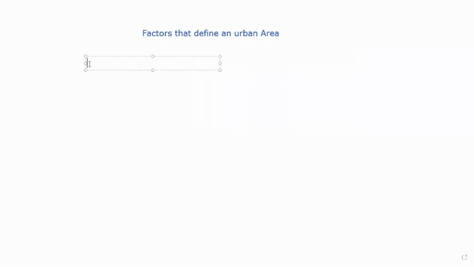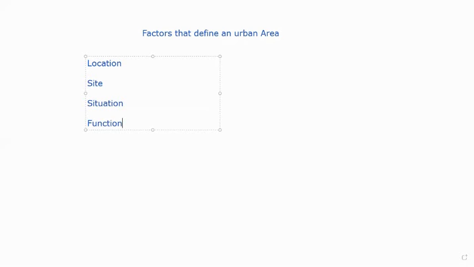So first one is location. Second one is site. Third is situation. And fourth is function. So these are the four factors which define